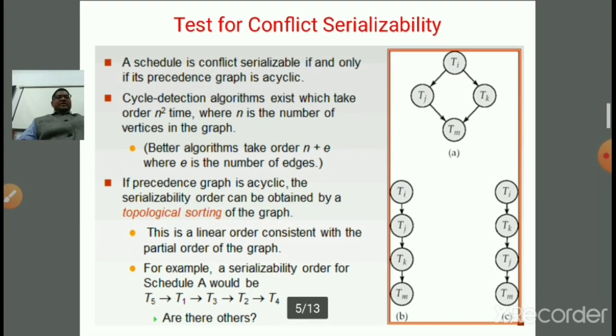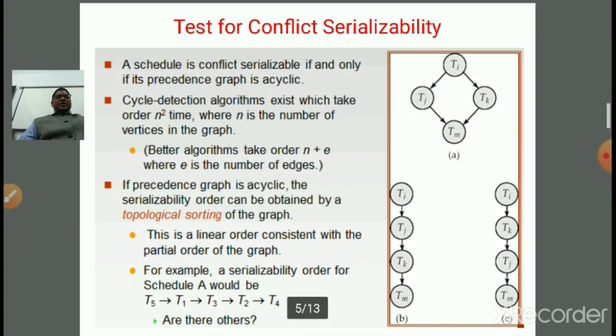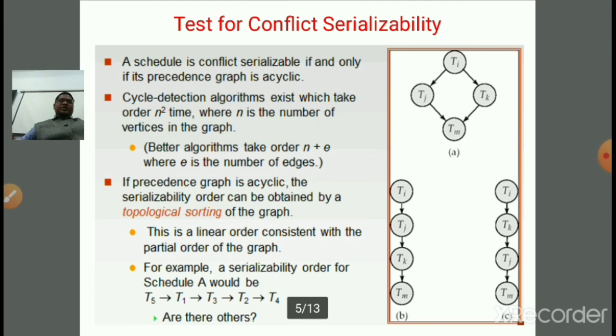Now if you want to test whether a schedule is conflict serializable, yes or no: a schedule is conflict serializable if and only if its precedence graph is acyclic. Acyclic means, suppose T1 to T2, T2 to T3, T3 to T4 and then T3 again to T1, then it is a cycle. So if there is no cycle in the graph, then we will say that it is conflict serializable, right? Now a cycle detection algorithm exists which takes order n squared time,